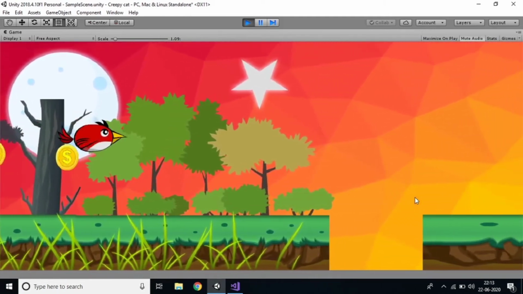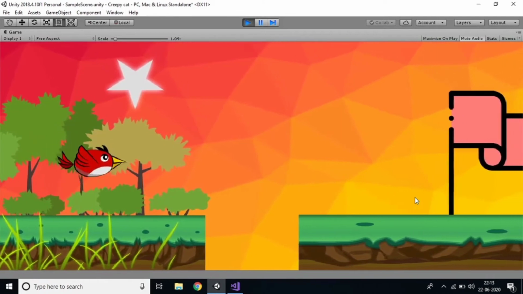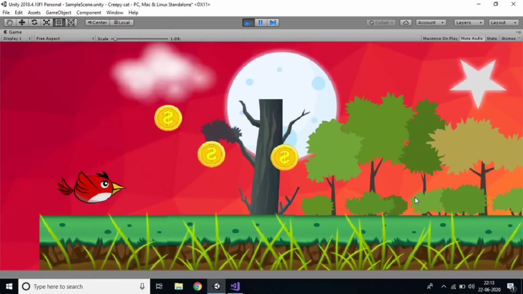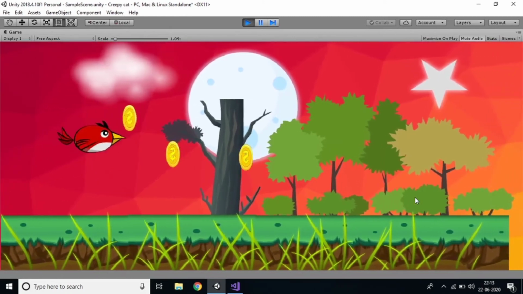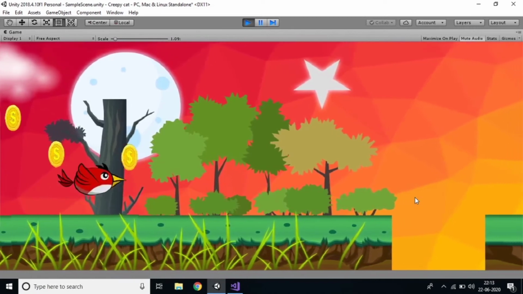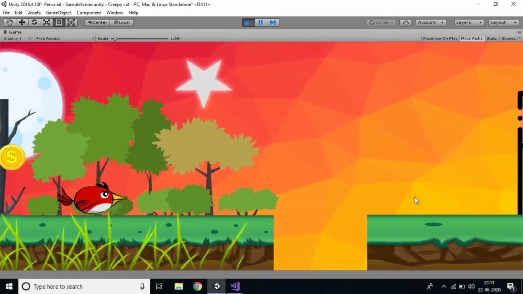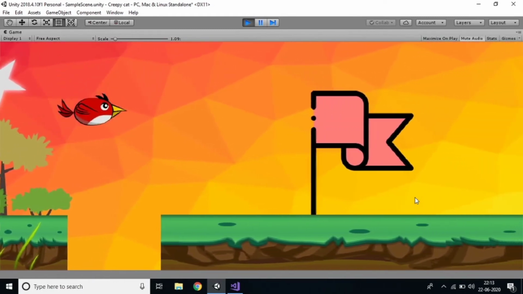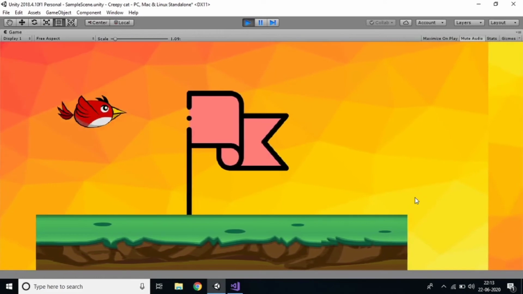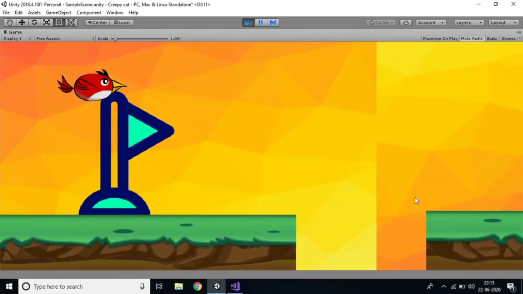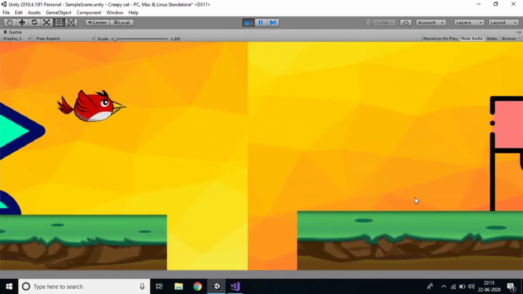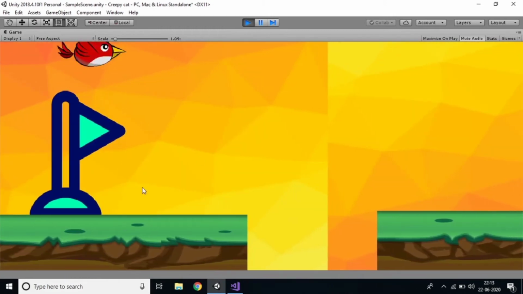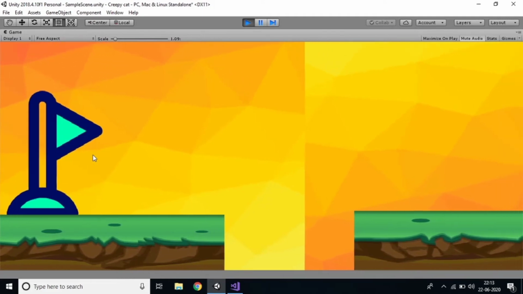So if you fall down here, we can see what happens. Yes, it started from the starting position. So if I fall down after taking the checkpoint, you can see what happens here. Now you can see what happens. Just fall down here. Yes, we started from the checkpoint, we started the position from here, right?